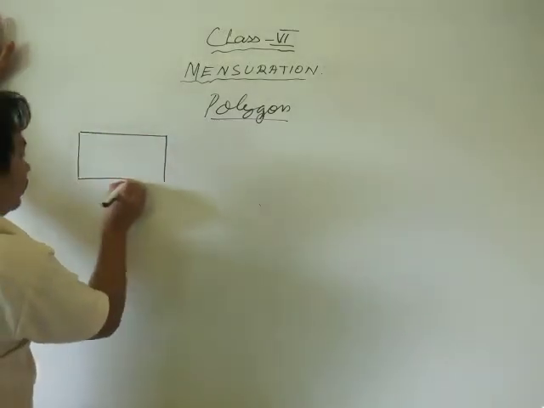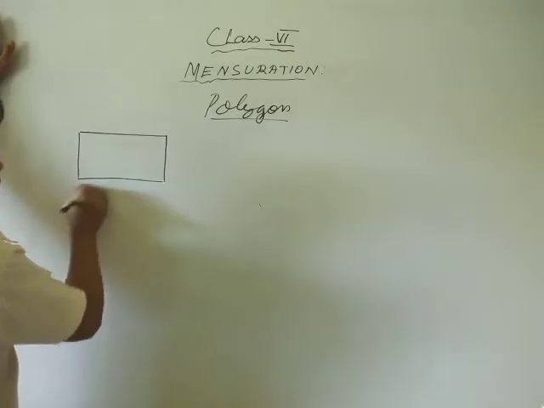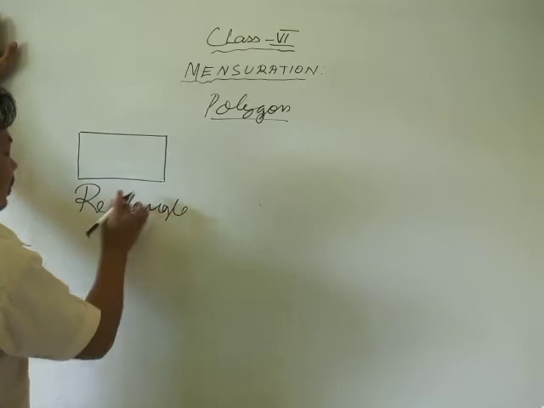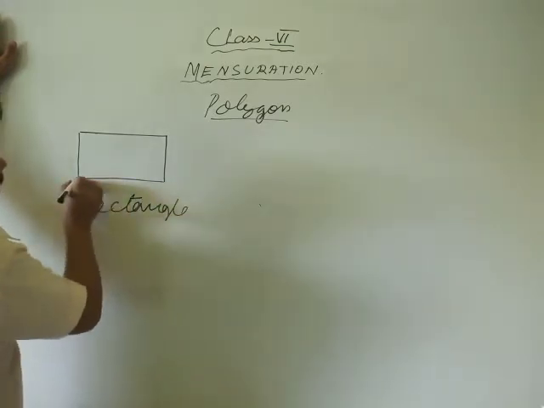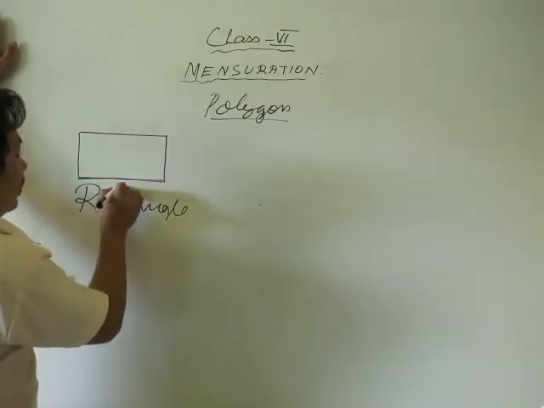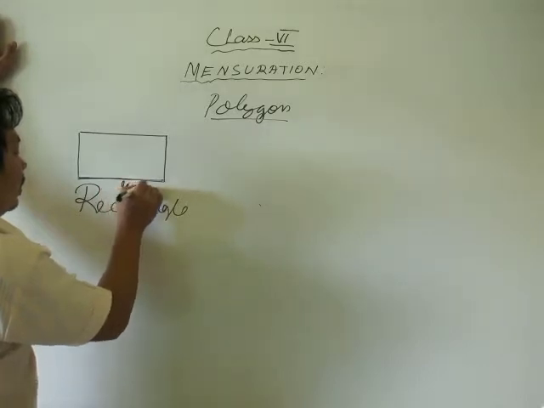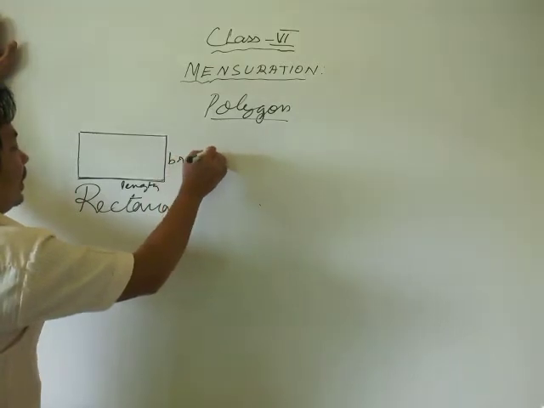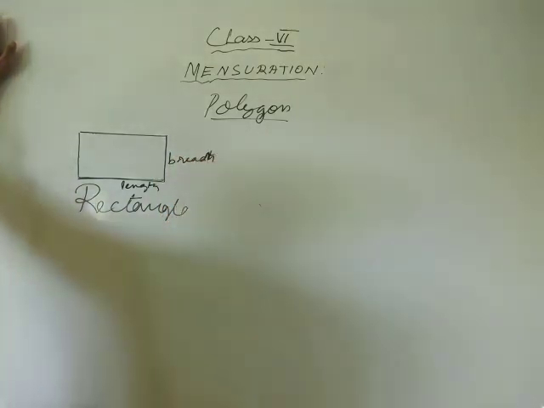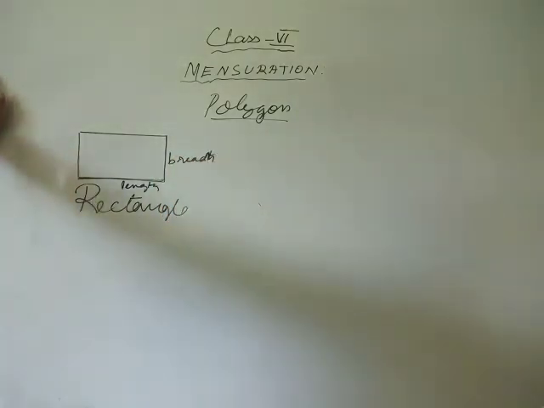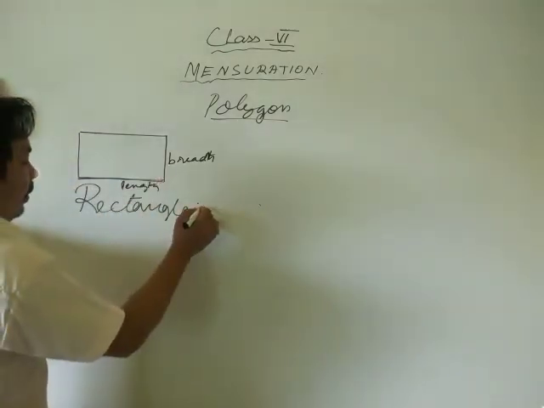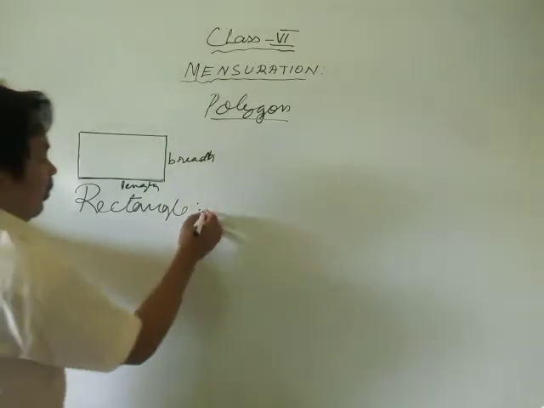Rectangle. This is a rectangle. In a rectangle, one side is called length and one side is called breadth. So this is length and breadth. So what happens? The perimeter of a rectangle will be